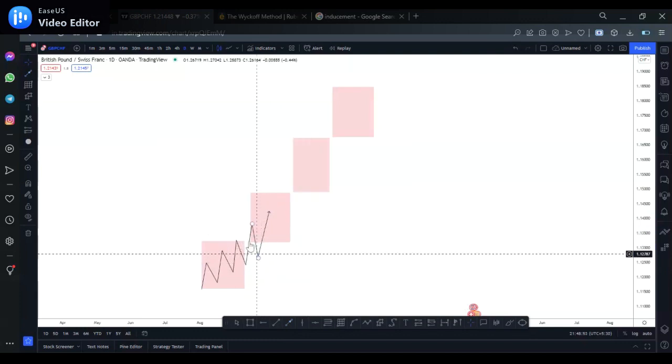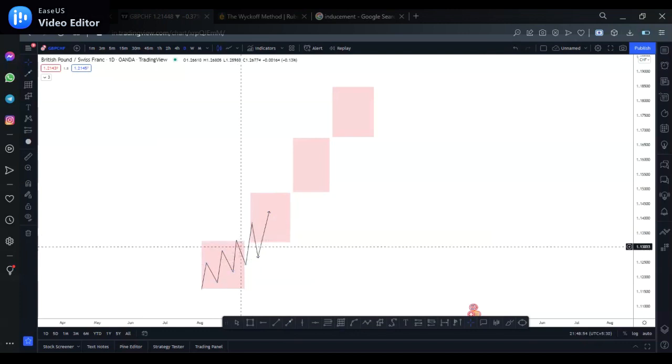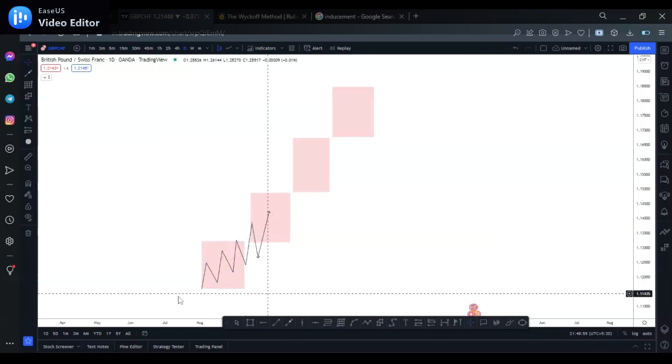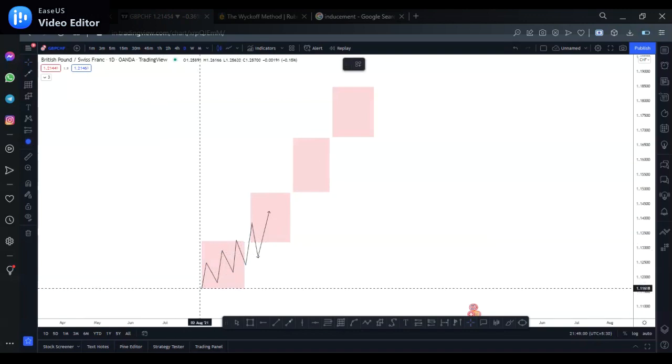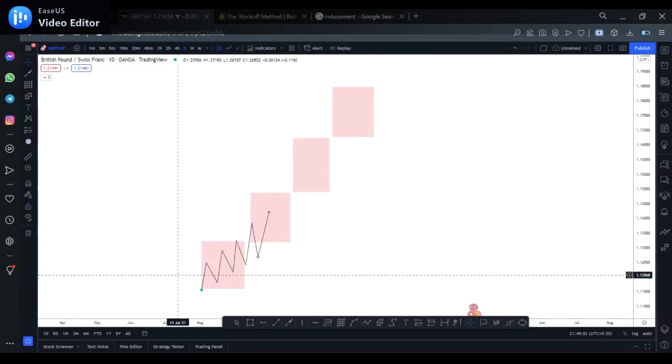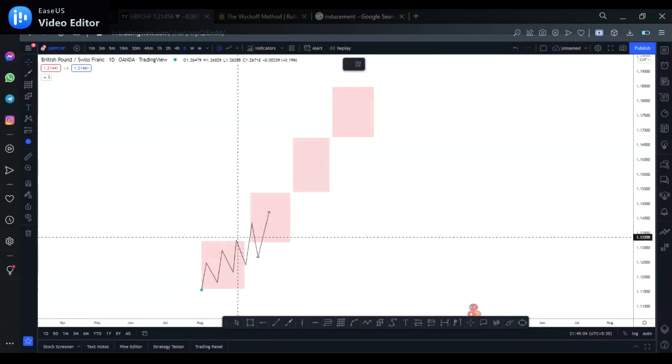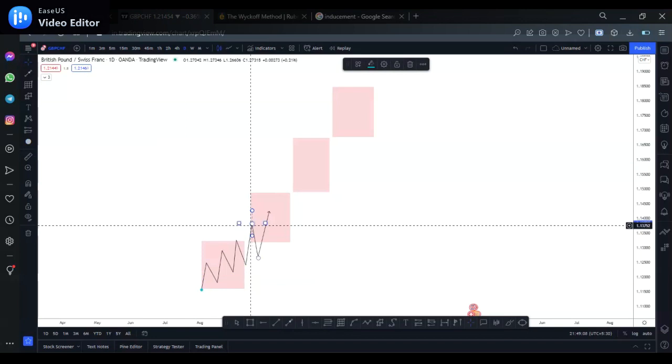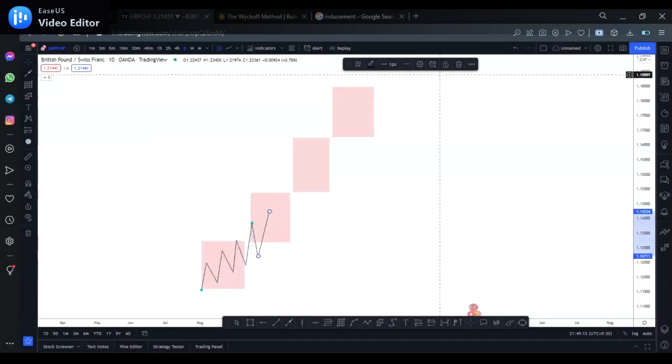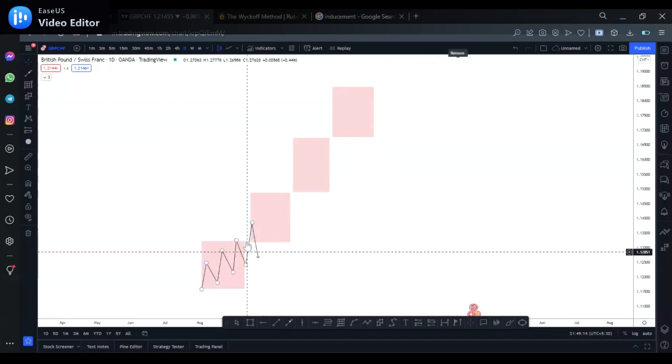So what do they do? Once there's a break of structure, there's a pullback into the previous range, which means a new range has been created. Now I'm no longer talking about the iPhone company. I'm talking about Forex right now. So this was the previous high and low. Oh, sorry, this was the new high of the range, and this was the low of the range. So forget about this and pay attention to this.